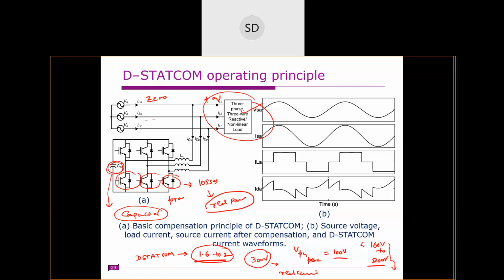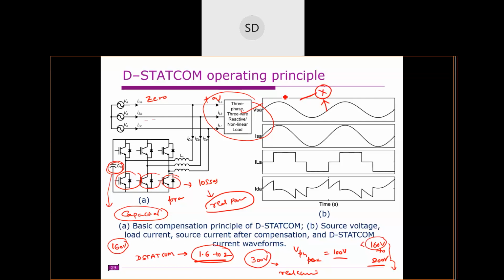So in other words, if you choose this peak value, for example, we assume it's 1.6 times, then we need to maintain this capacitor all the time at 160 volts. Therefore, you require some external controller to make this capacitor voltage 160. The control is the same as we discussed earlier.